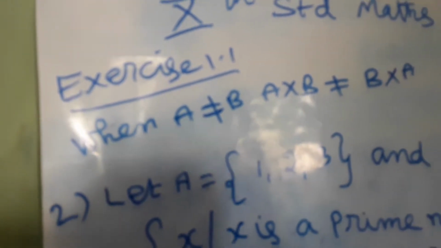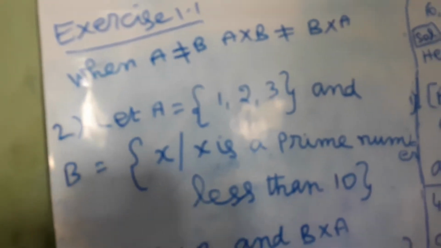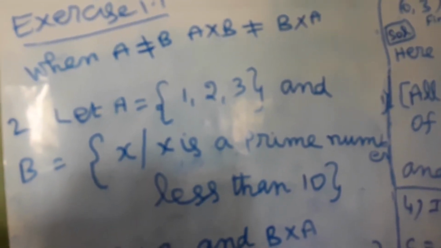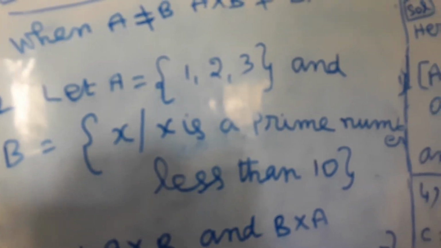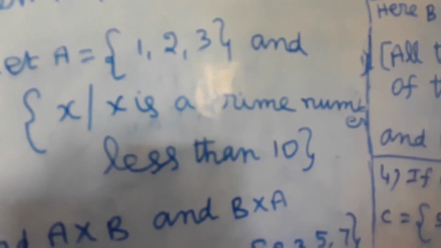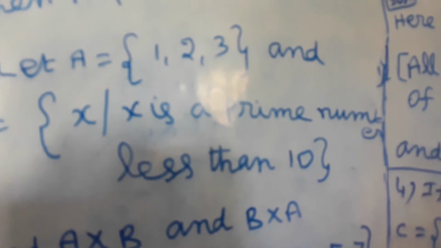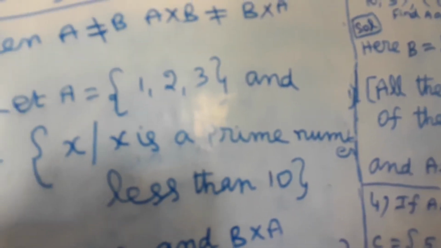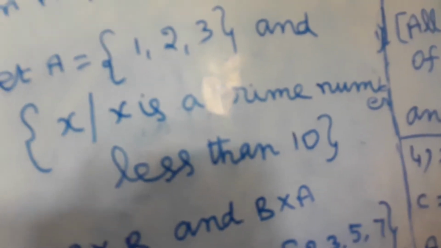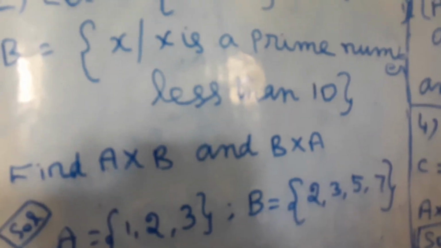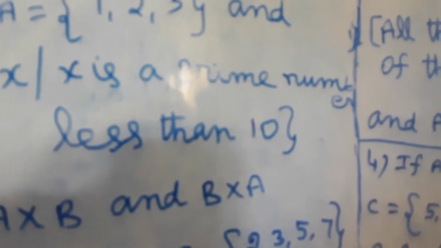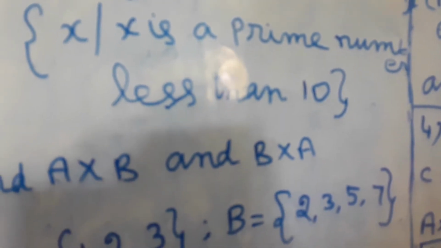Exercise 1.1, second question. Let A equal to {1, 2, 3} and B equal to the set of all x such that x is a prime number less than 10. We know what is meant by a prime number: a number that cannot be divided by any other number, and also the given condition is less than 10. Therefore,